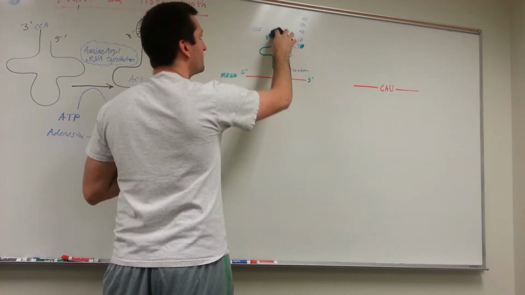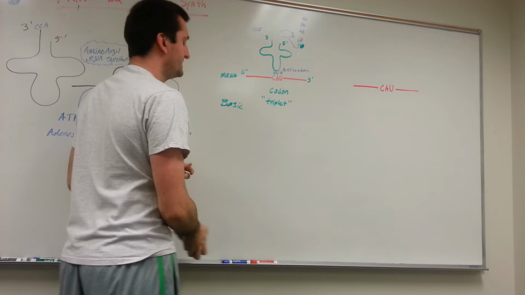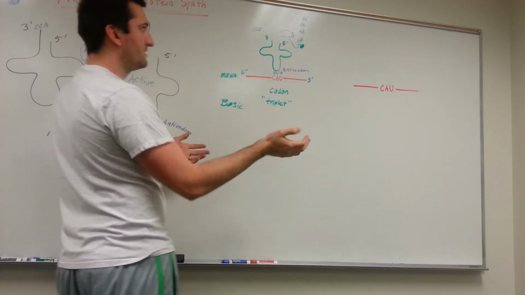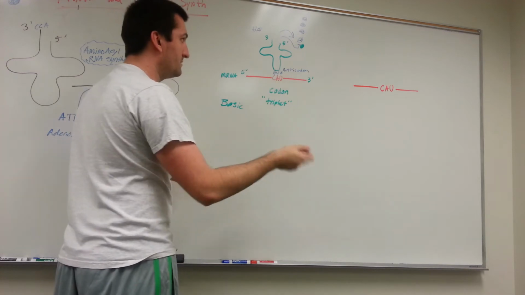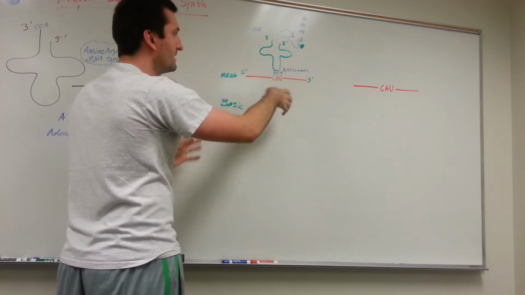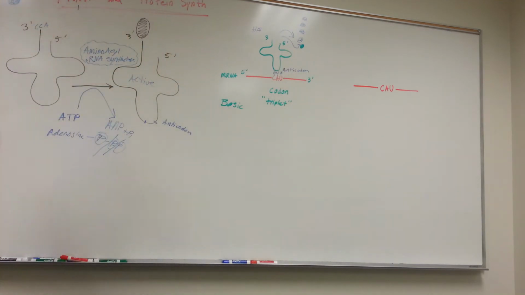It gets rid of its amino acid now. Now we have a naked tRNA, and then it's going to leave. And then our next one is going to come, find its sequence that it's going to bind to, the anticodon-codon sequence. It's going to attach its amino acid and continue. So that's the very, very basics